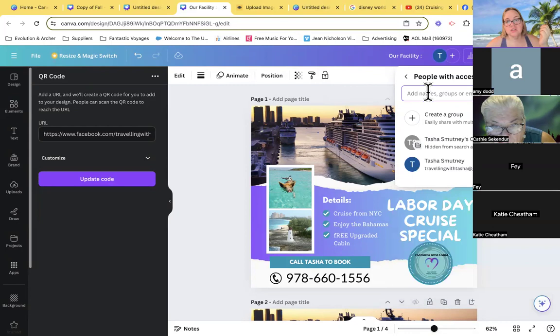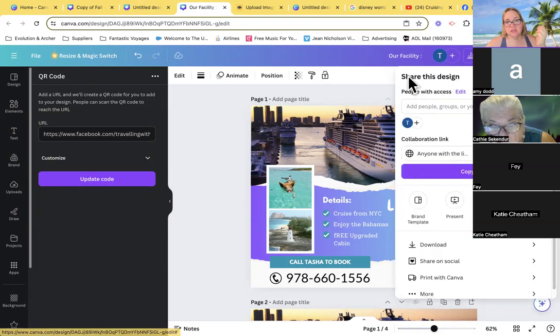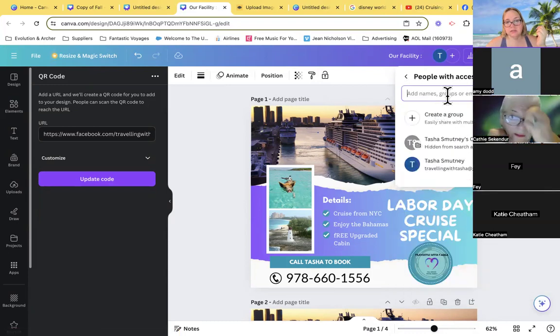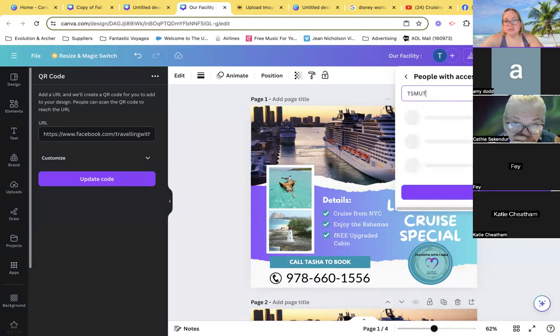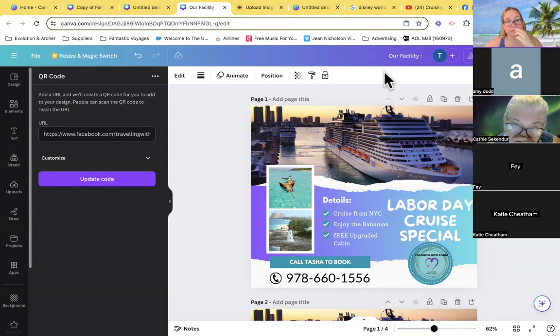Or you can put an email address here. These are people I already share things with. And you can invite them by email. So let's say I just click share and it sends them a notification to their email that they want to share it with you. Okay. So before we move on,